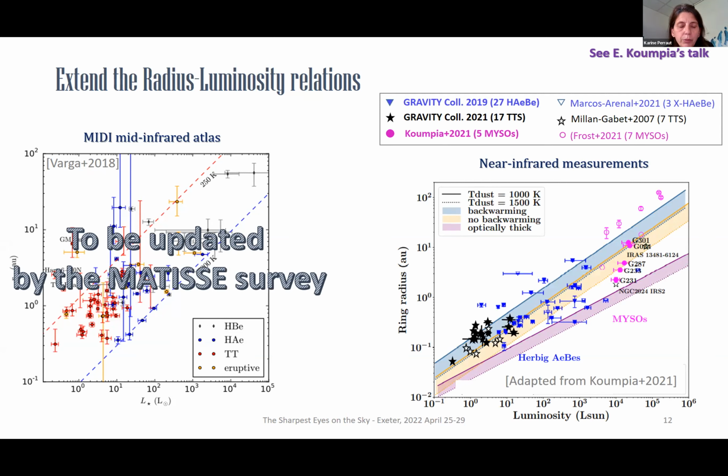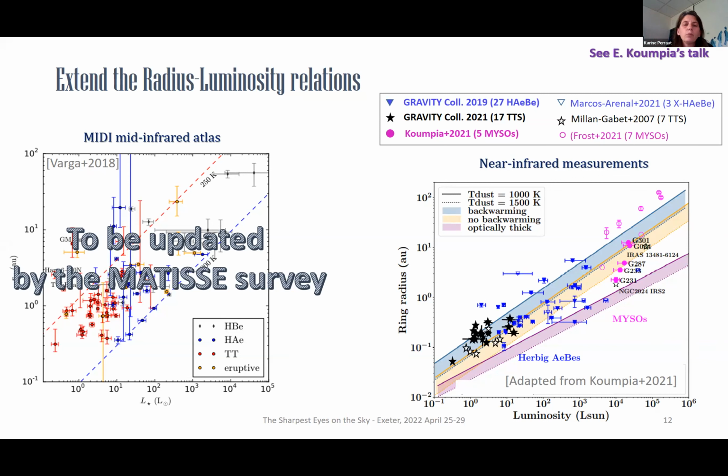The correlation between the location of the infrared emission on the y-axis and the luminosity of the central star on the x-axis shows that in this spectral range, the emission is dominated by the dust located close to the dust sublimation radius, whose position itself is primarily constrained by the luminosity of the central star.